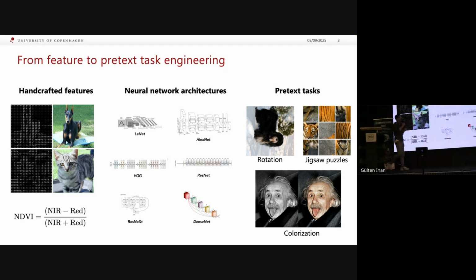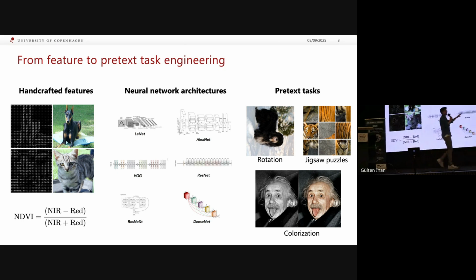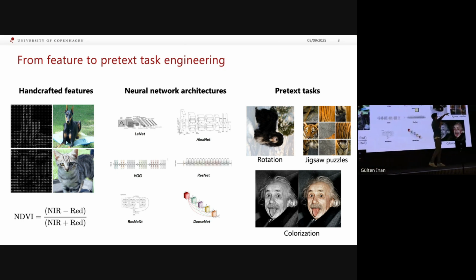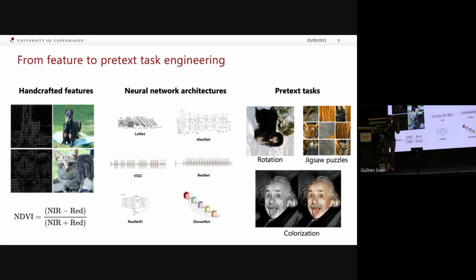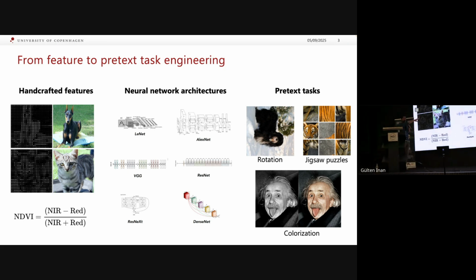Or things like solving a jigsaw puzzle, like asking a neural network, oh, how should we actually fix this back into the image? Or colorization, asking a neural network to go from a grayscale image to colors. All this requires to interpret the image somehow semantically. And by learning these intermediate representations, one can show that this then actually generalizes to some downstream tasks that we actually care about, because we don't care about these pretext tasks.